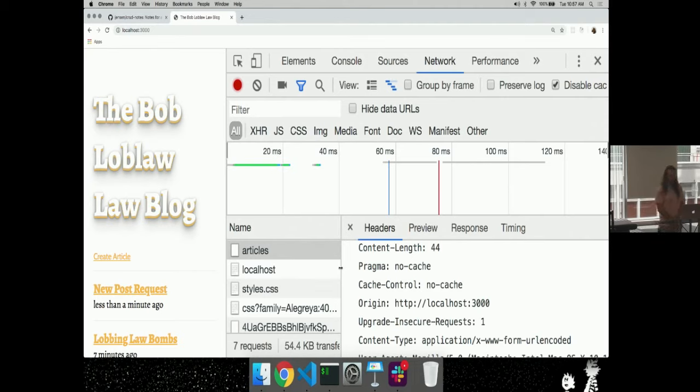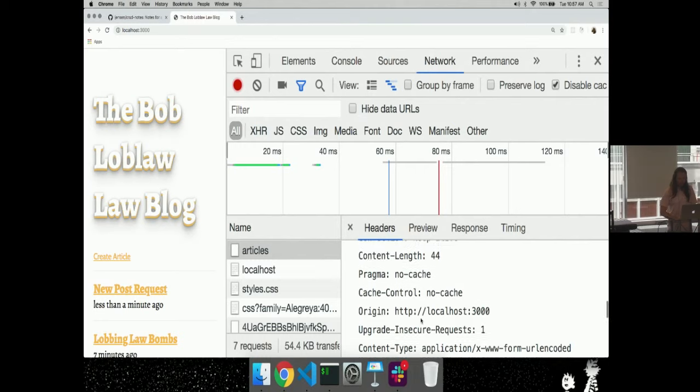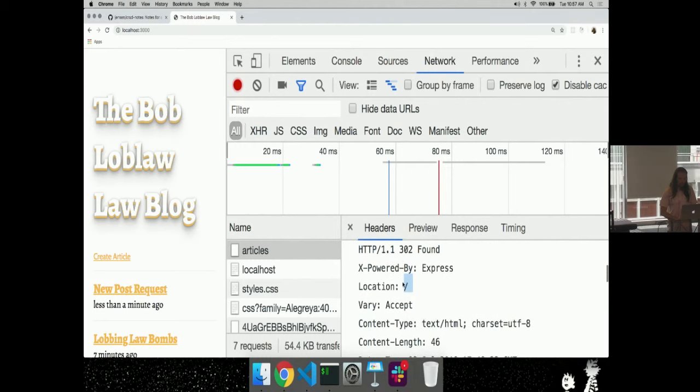So the question is: is there a difference in the existence of a location header if the request comes through from a redirect compared to if I put the address in the bar? There is a difference. I only expect to see a location header if it's a redirect. I don't expect to see it for any other reason.